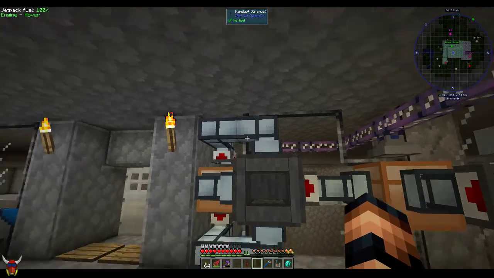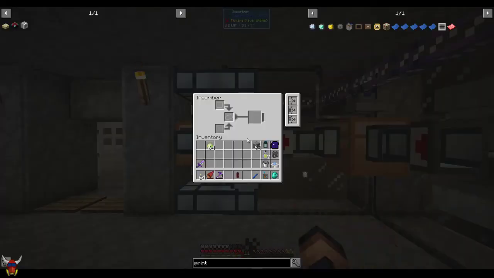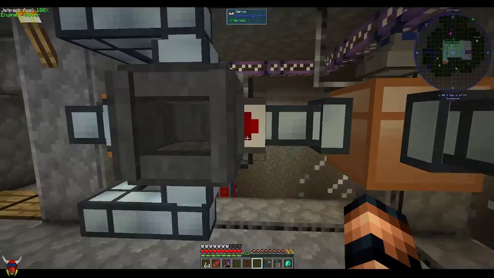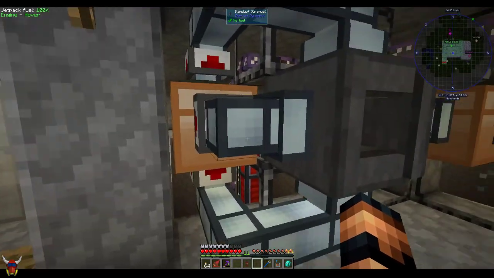So the inscriber setup is a little bit different. The faces on here, the sides, actually correspond to this interface. So whatever you put in, the top is going in this slot, the left side is this, and then the bottom is actually going to be in this slot. All the output is actually going out the right side in this setup. So the way this one works,